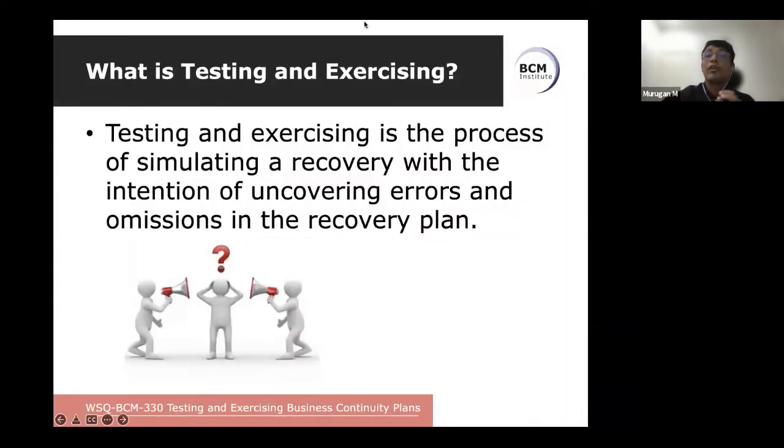Okay. What is testing and exercising? Again, that's the question. All right, as you know, it's actually a process of simulating a recovery with the intention of uncovering errors and omissions in the recovery plan. Okay. Now, this is also what your audit people need to understand. All right. They are very good. They have gone for training. They are certified auditors, understand, no doubt. But when we do testing and exercising within an organization,